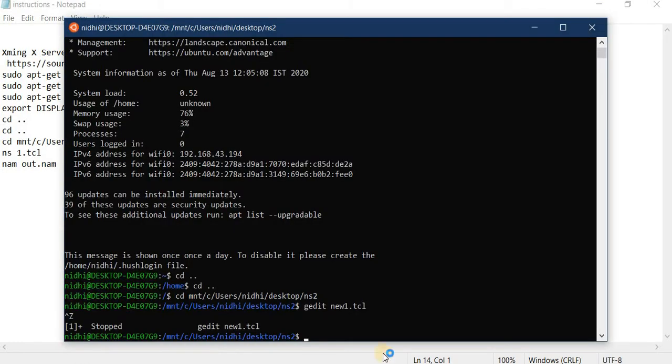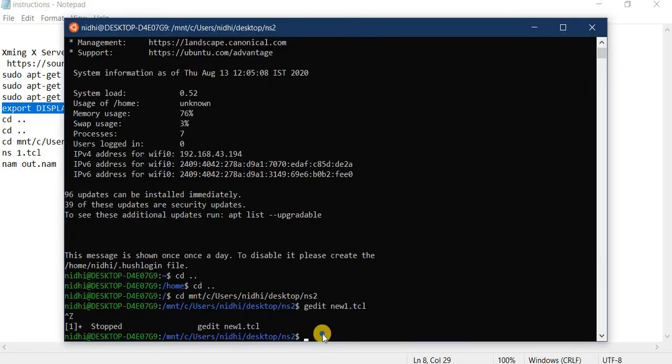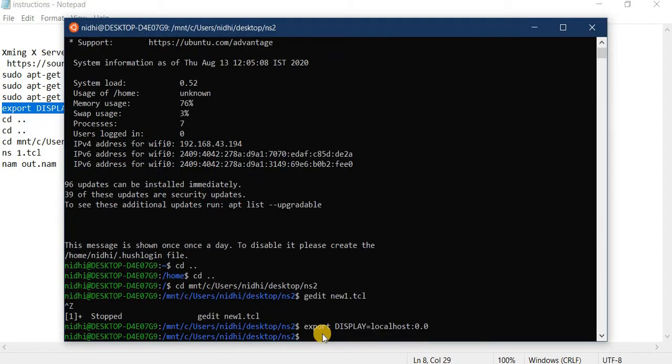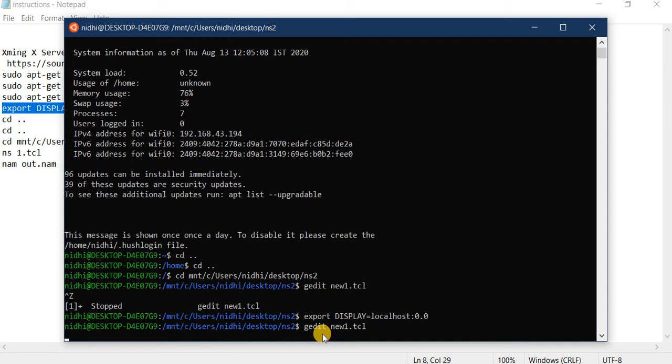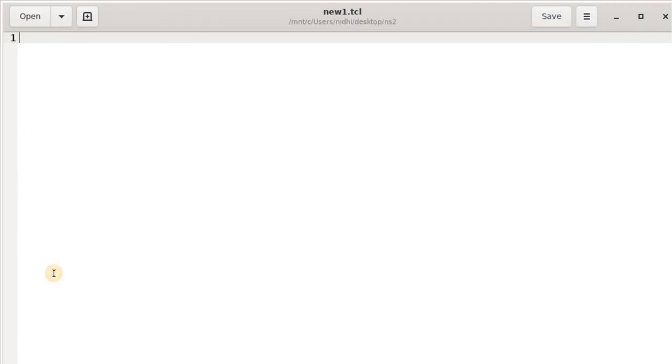Yes, my server is started, and I have to call this export function first. And now I can start my new1.tcl. So you can see my new1.tcl is started.